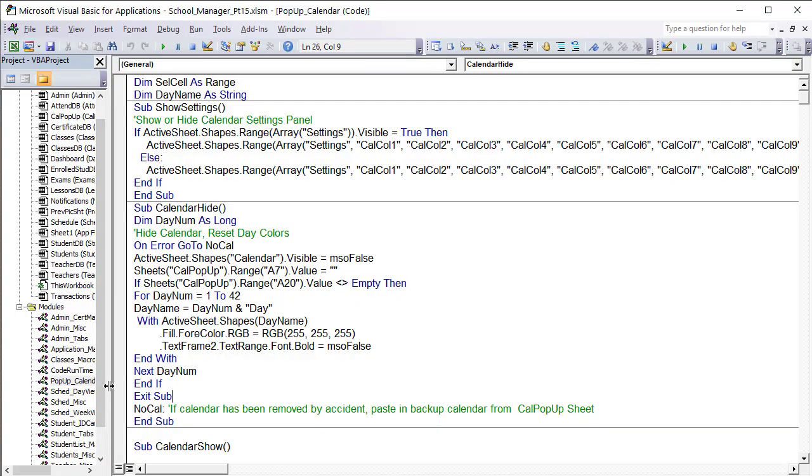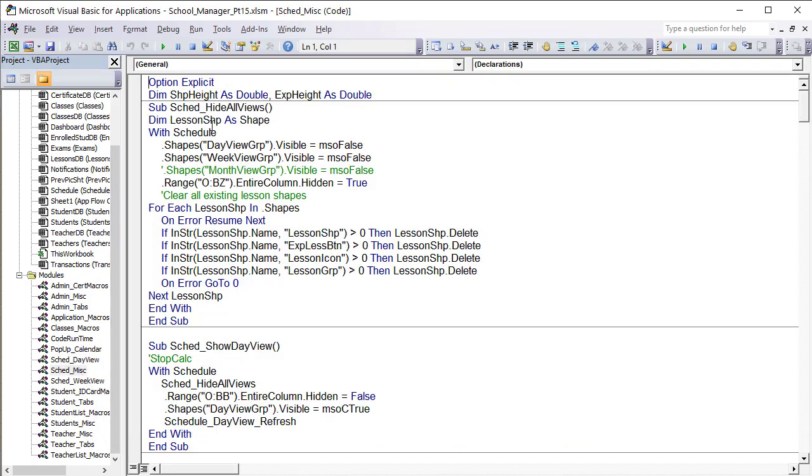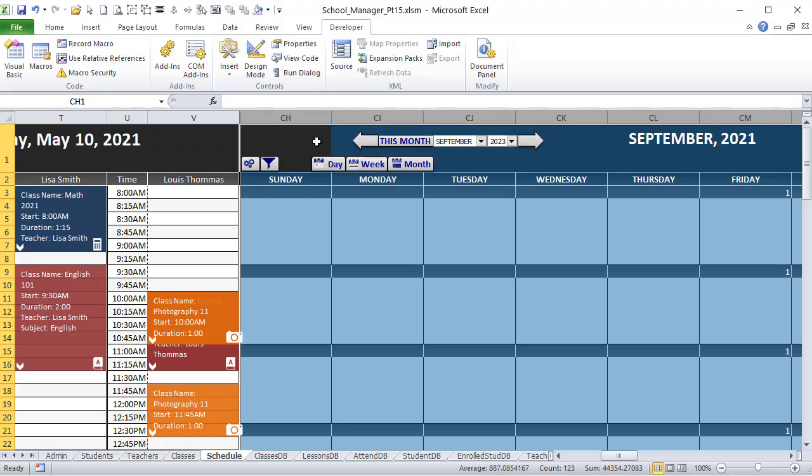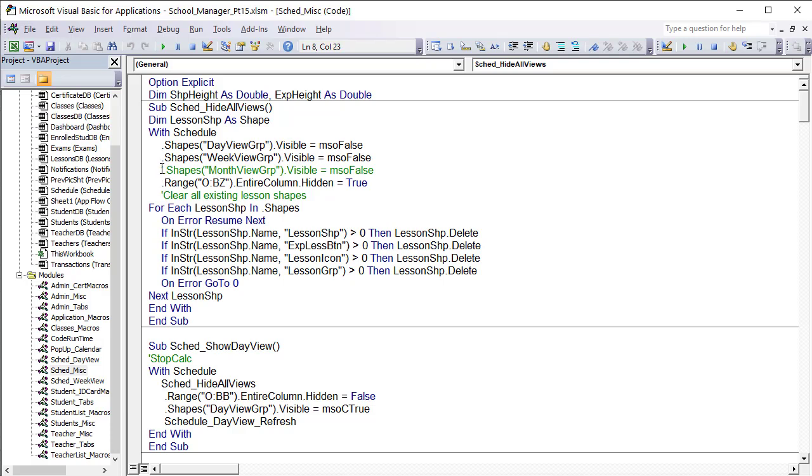Now we're going to be focused on a specific macro and module, and that's going to be called the schedule miscellaneous, because that's where we have it. We have hide all views. So again, month view group, I think we called it. Let's change it to view. I had a header, but let's change it back to view. So notice there was a differentiation. So it's not header. Let's call it view, month view group. That's fine. Anyway, as long as we get the name right, view group. Okay, so we've changed the name, and now all we need to do is uncomment that because we now have a shape